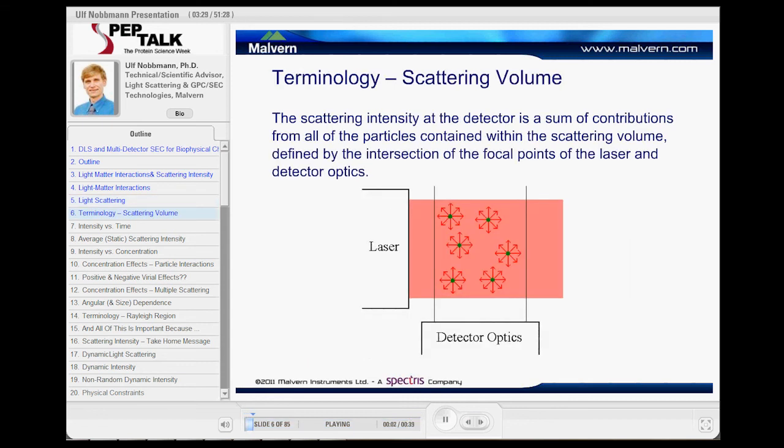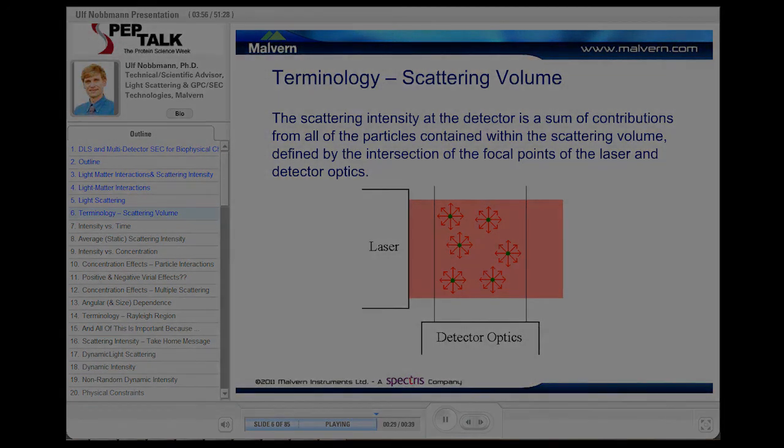So the way you can think about it in an instrument when you want to measure this in a more regular setup, we have this terminology that we call something a scattering volume. Here we have a laser that shines into your sample, and there are lots of little molecules in here, and they re-radiate the light. But the detector is actually only going to pick up light from some direction. So the detector is not going to pick up all the light in all directions. It just looks at one particular scattering angle or a particular scattering volume. So really